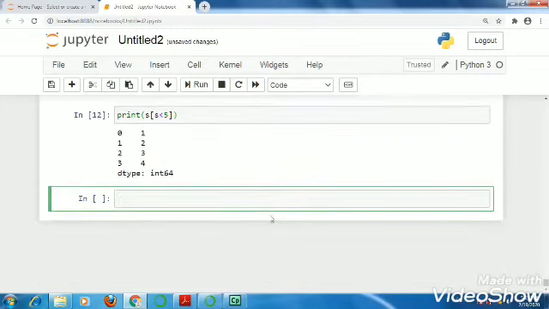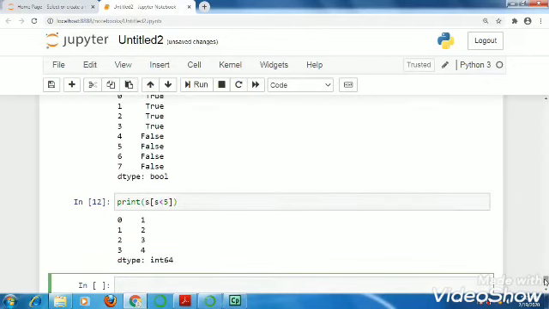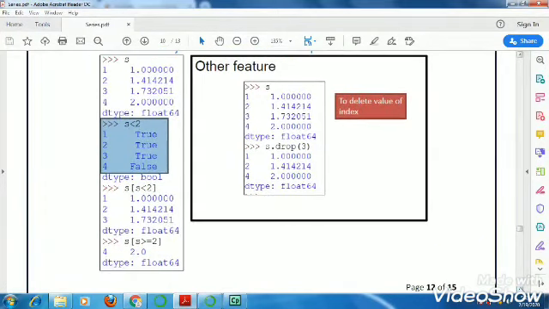So see, for indexes 0 to 3 we have true, so the values are displayed, and the others are skipped because the condition is false. So this is the method we use to select the values from a series on the basis of a condition.